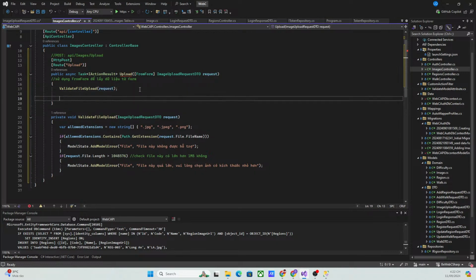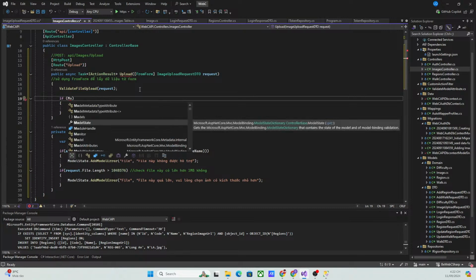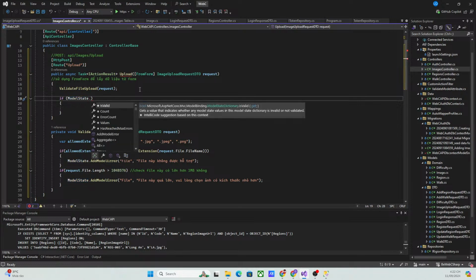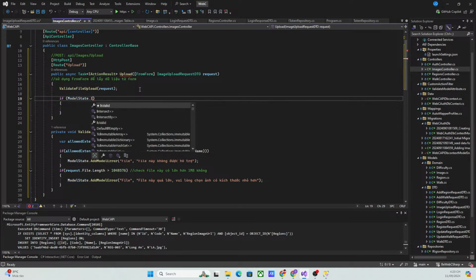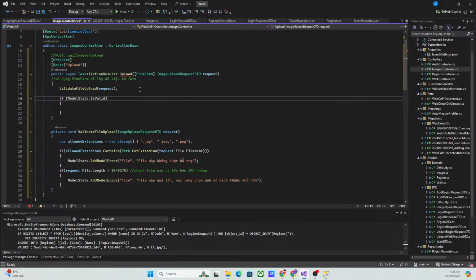If it is valid, then use the repository to upload the image, but otherwise return a bad request and pass the ModelState object to the bad request as well. So this is the controller method that we are going to use, and we have added validations to it as well. If the validations are not met, then we are returning a 400 bad request, but if it is valid,